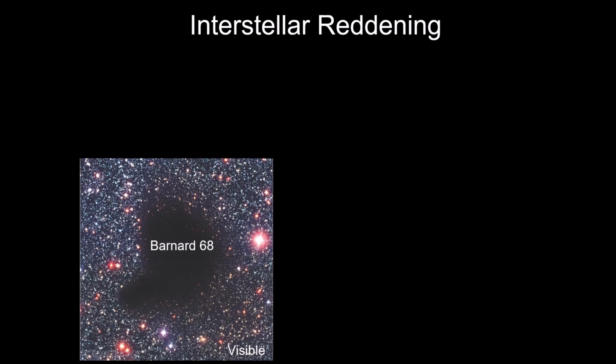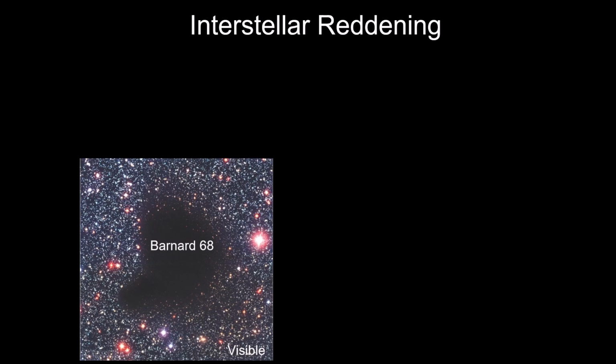This is part of the interstellar medium, but it's a region that is sufficiently dense. It's apparently so dense that it's opaque. I mean, I can't see what's on the other side of this cloud here. Just to be clear, this is not a void in space. This is actually a molecular cloud, an interstellar cloud that is so dense that it actually blocks light from coming through. So that's obviously a main factor, right?